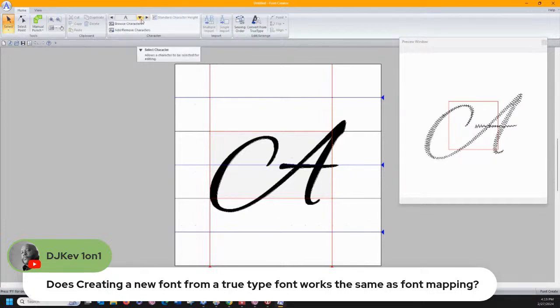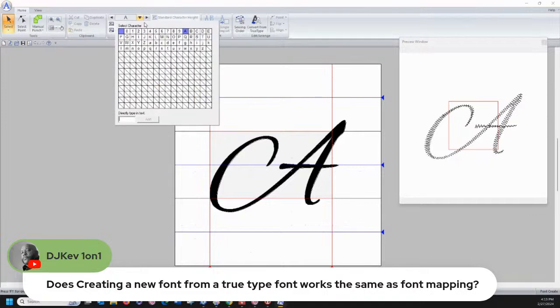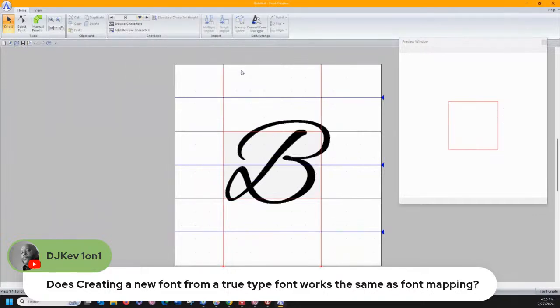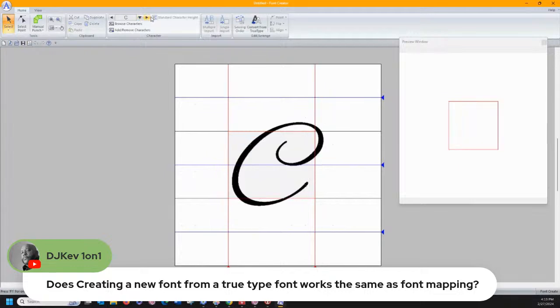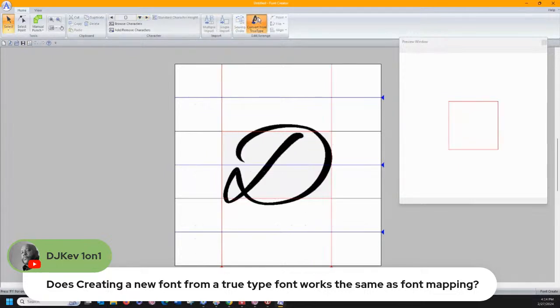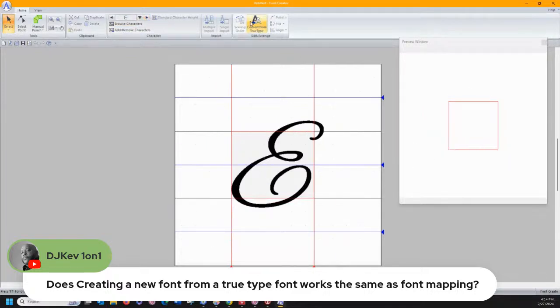It's not letting me letter import. I swear at one point it let me do multiple imports, but it does not. So you just go and pick each character and you can just keep hitting the right arrow until it does them all. But if I'm going to play with it, what is the advantage of doing this?